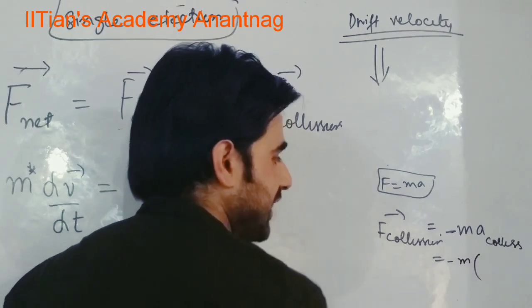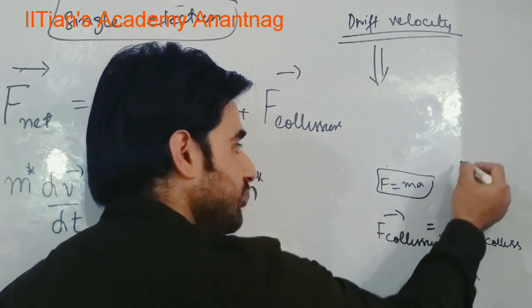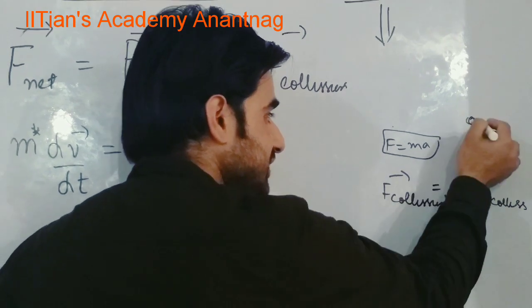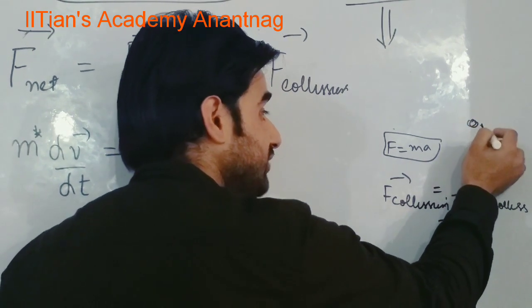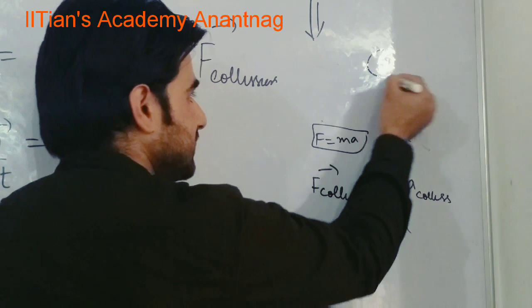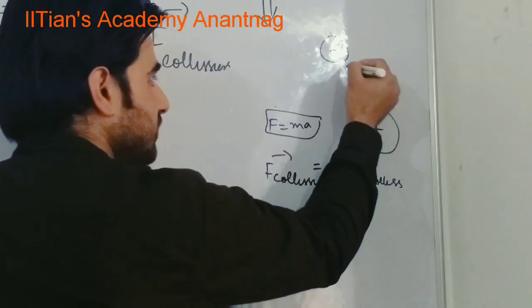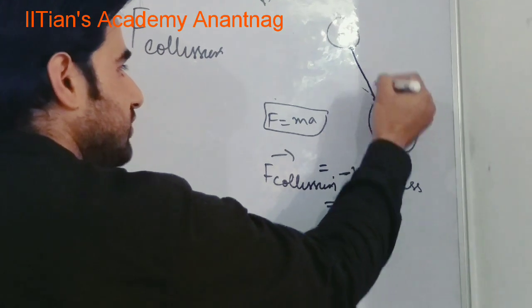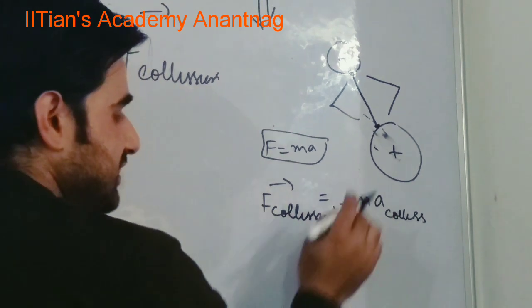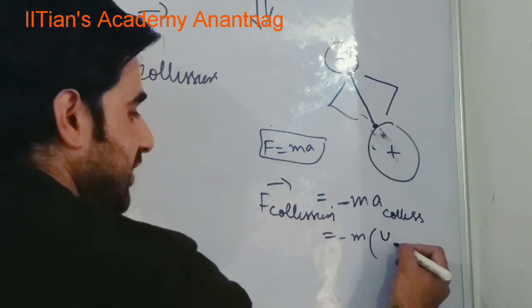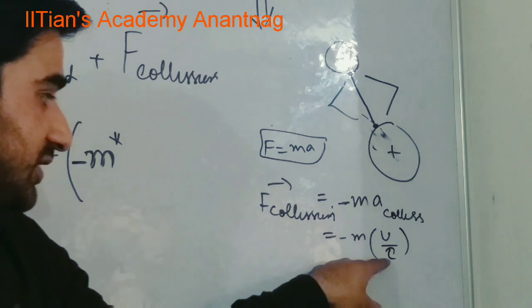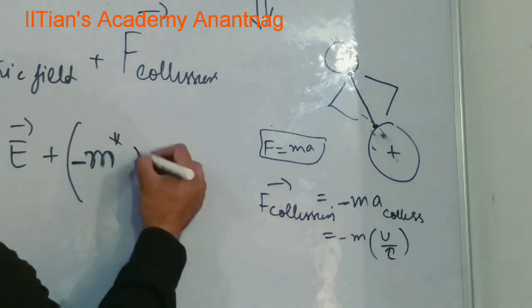Now this acceleration can be written as: force due to collision is important between two successive collisions. Now if I see between two successive collisions, there is net drift. That is why I said that the electron is relaxed in between the collision. From this point to this point, the electron is somewhat relaxed. Let me zoom it out. This is positive ion, this is positive ion. From this point to this point, the electron is in its relaxation process. Now in its relaxation process, acceleration will be velocity by time, and that can be written as velocity by tau here. Tau, because time between two successive collisions is relaxation time. And this can be written as V by tau.